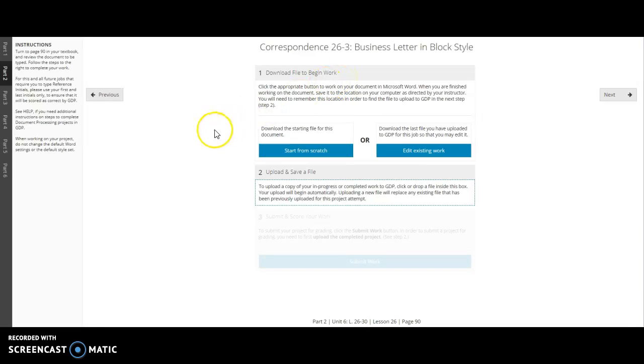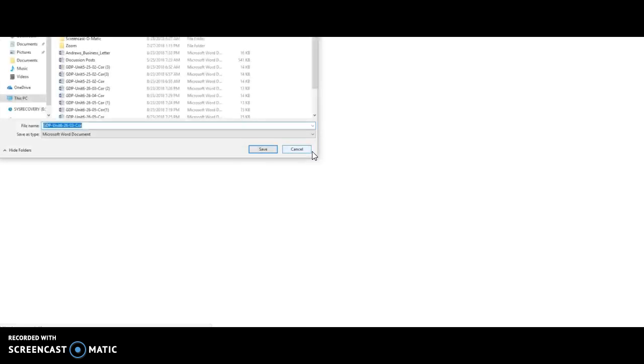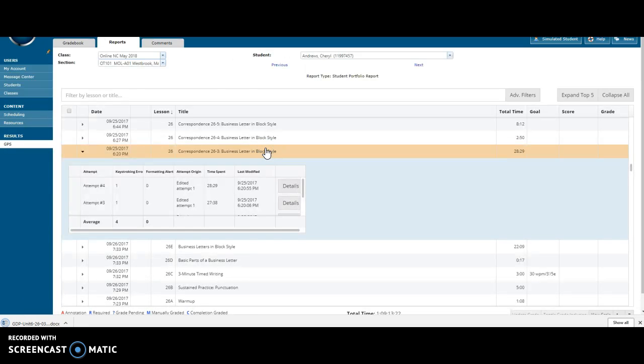Because this is a new problem, you want to start from scratch. So click on Start from Scratch. The program will ask if you want to save it. You're going to want to save it someplace on your computer that you can find it again. So it's called GDP Unit 6 26-3 COR for correspondence. So save it as a blank document and then open